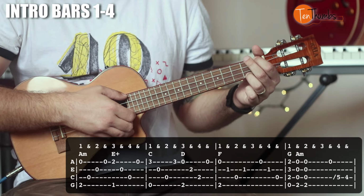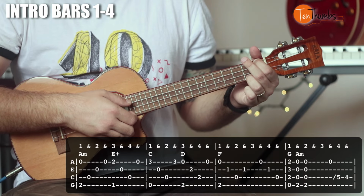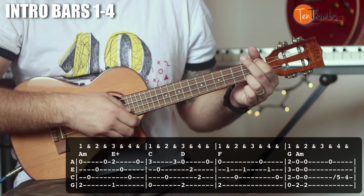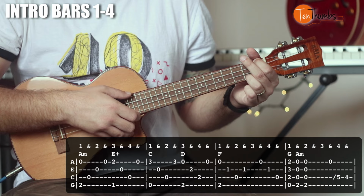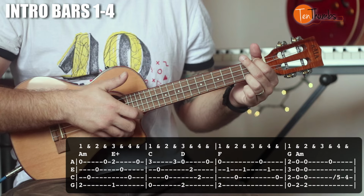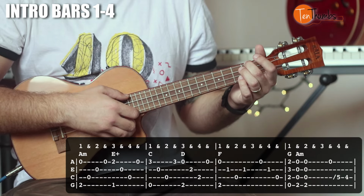Move to the E plus, pluck the G and the A string. But this time it'll be pointer finger on the E string, thumb on the C, and then ring on the A. So that pluck, E, C, A string is a pattern that we're going to see quite a bit actually. So we have first measure,